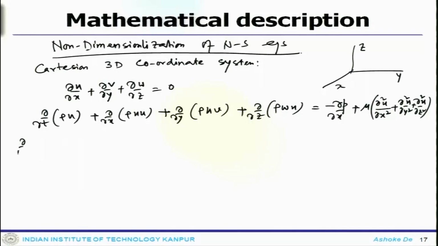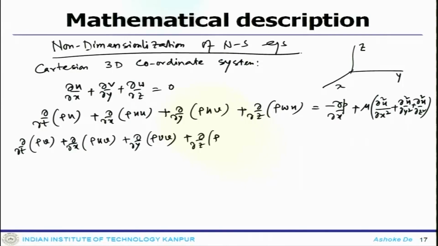Similarly, my y momentum equation would be del rho v plus del del x of rho u v plus del del y of rho v v minus del p del z plus mu del 2 v by del x2